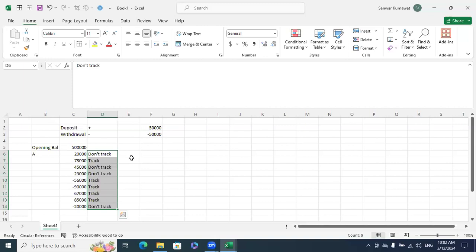Tell me how will you do it? Deposit amount is greater than or equal to